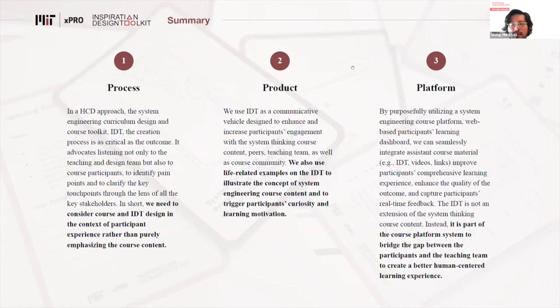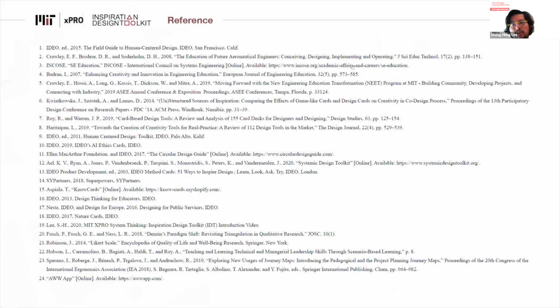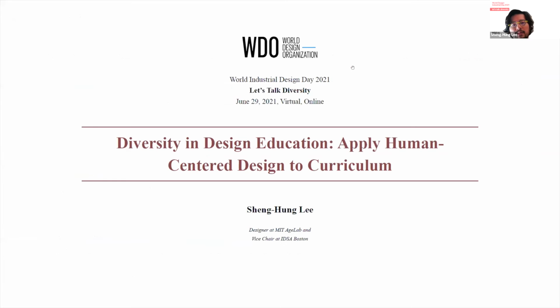For the platform, we view this product as not just the product itself, but also a way to bridge the gap between participants and the teaching team and create a better human-centered learning experience. So that's the next step we want to go to, and these are the references.